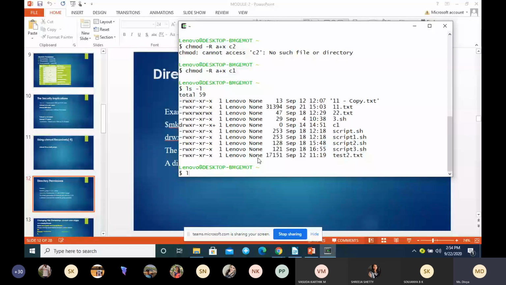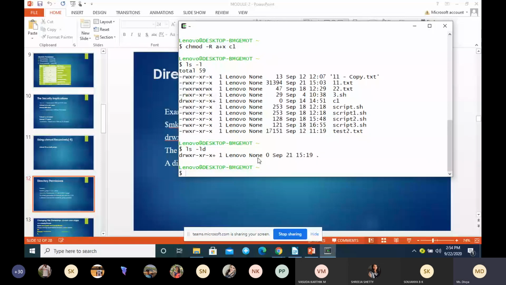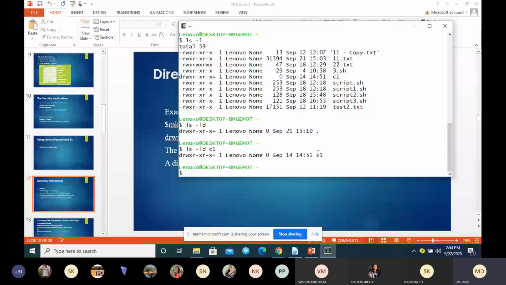But if I give -ld, it will list only directories, only the permission of a particular directory. So this is for a particular directory C1. What is the option we are using? We are using the option -d. Use it for seeing the directory permission.